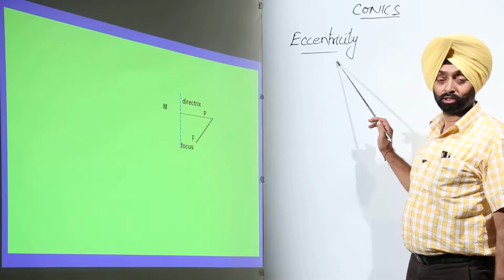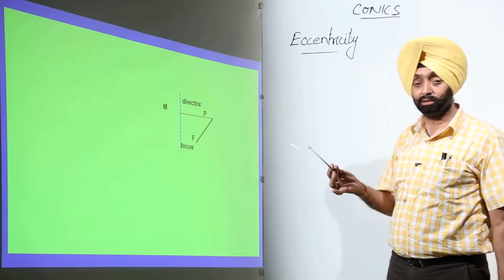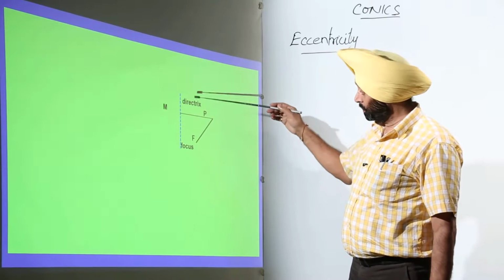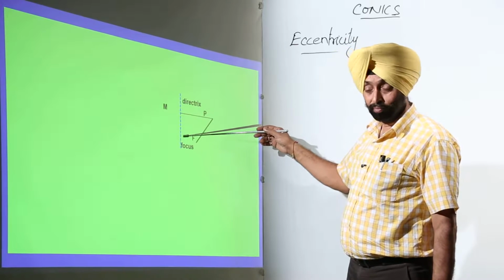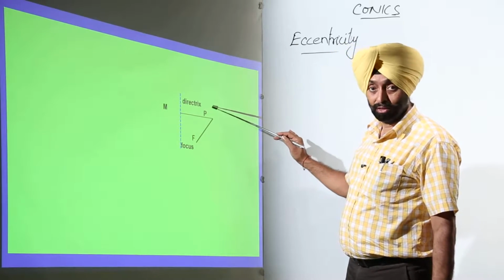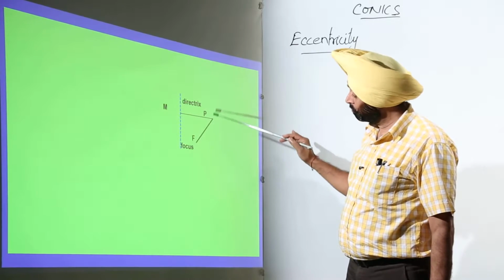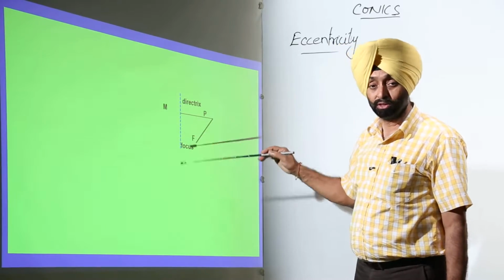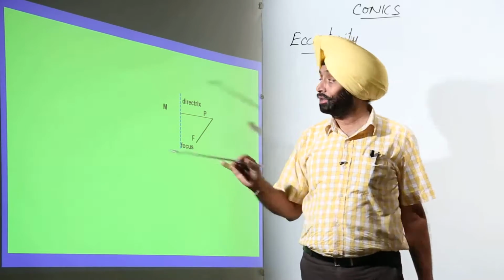Eccentricity. We are just going to discuss what eccentricity is with a small figure. I have drawn it. I have written a term, directrix. Now this term is new for you. A point P is on a conic section. F is a focus. Basically what these are, we are going to discuss.